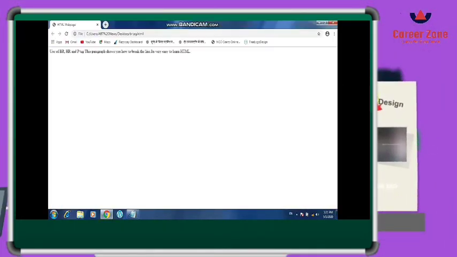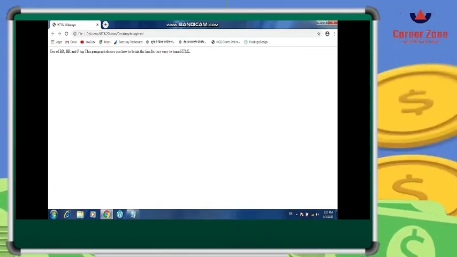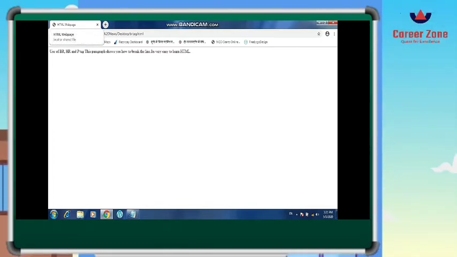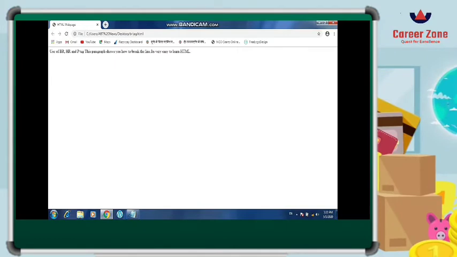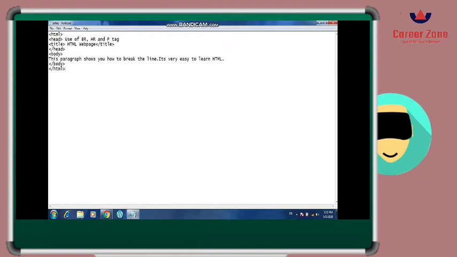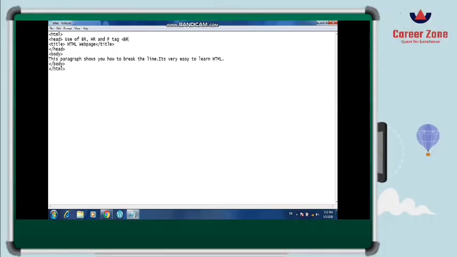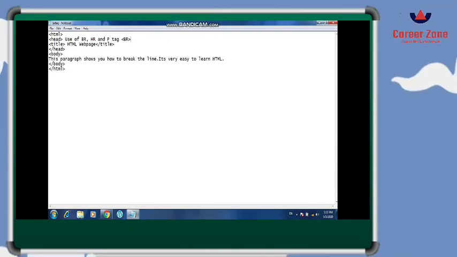See, the content in the head tag and the body tag appears in the same line. So now I know where I have to bifurcate the text. I want the text to be bifurcated after the heading, because the text should be separated from the heading. So I will use a BR tag first of all there to break the line. Afterwards I can use it after one line of sentence if I want to write the next sentence in the next line. So wherever you want, you can use the BR tag. It is an empty tag, so it is not required to be closed anywhere.